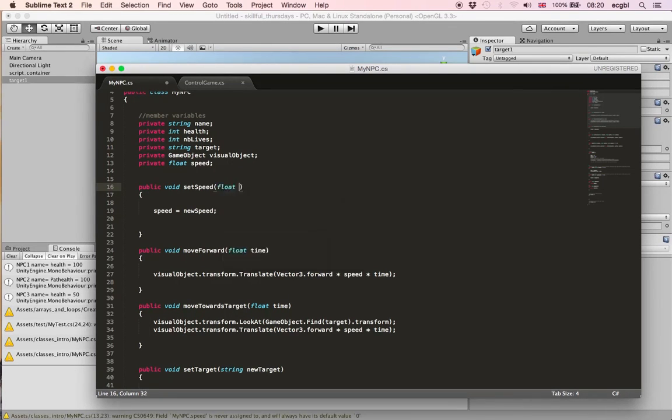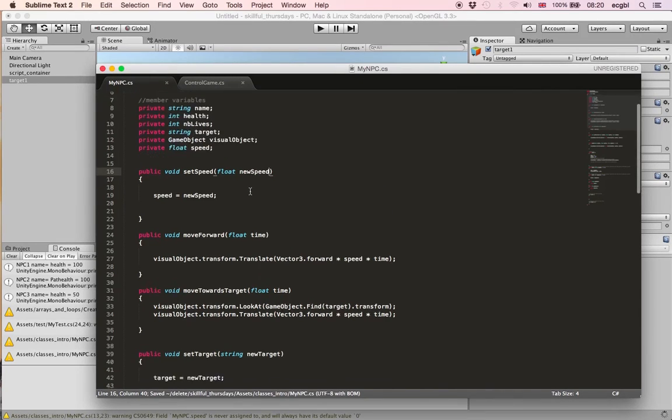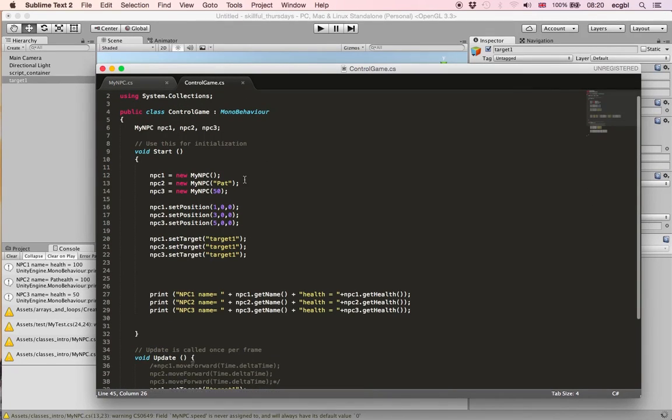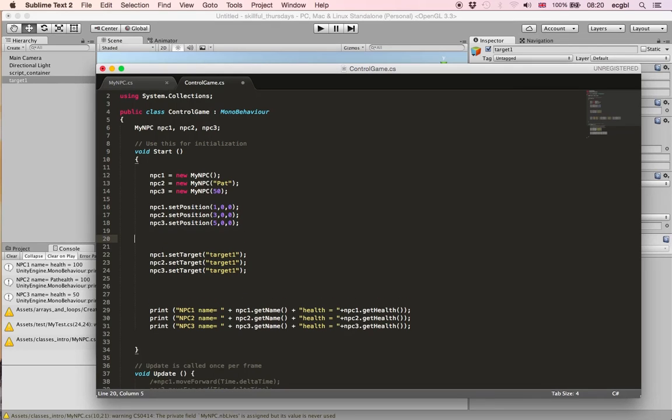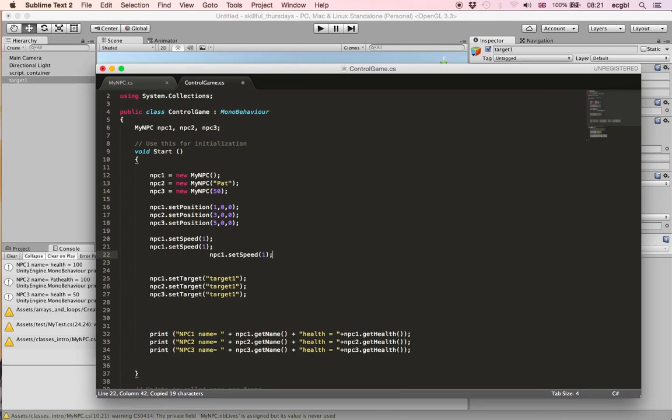So once this is done, I just need to save this script, go back to the control game script, and set the speed of each of the actual NPCs. Okay, so we're using npc.setSpeed, and again, using 1 for the first one, I'm going to use different values then for the second and third NPC. So speed of 2 for the second one and 3 for the third one. So if we save this scene again,